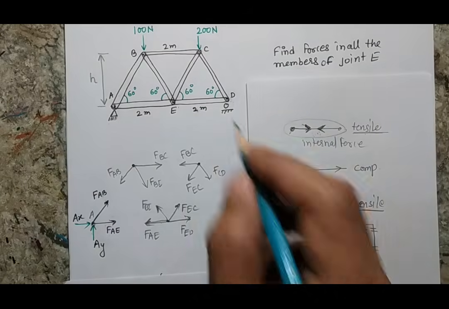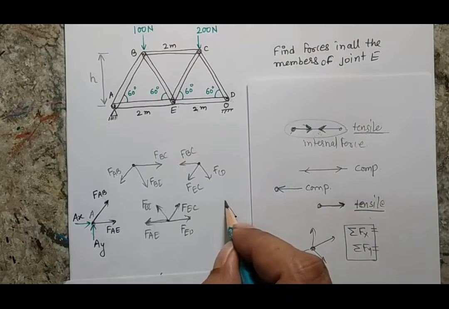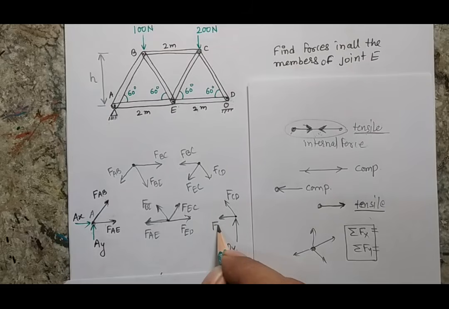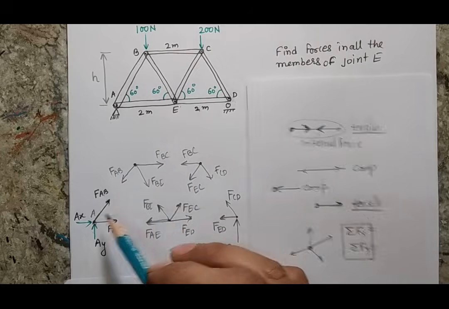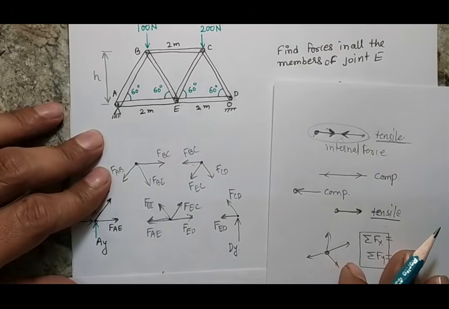Here is the D joint. D joint is a roller joint, so there will be only one reaction. I am assuming the reaction which is DY, upward direction. This is my force FCD, and this is my force FED. So now I have 1, 2, 3, 4, 5 points, and the free body diagrams of the 5 points are